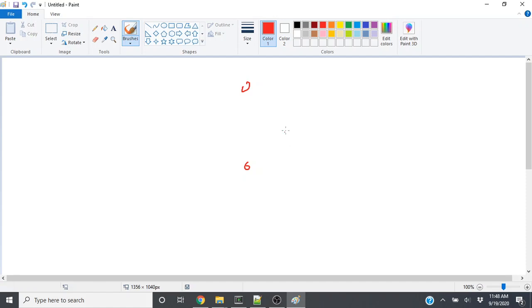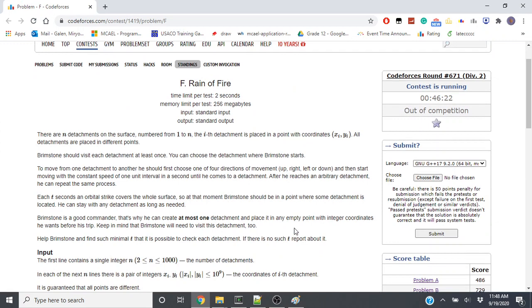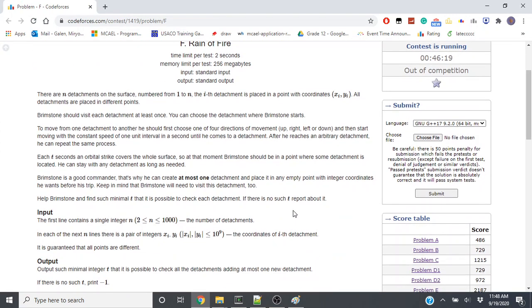So for example, the first sample is like this. It's a cross and everything is 100 apart. So the optimum place to put the t is here. Then the minimal spanning tree will be like this, and then that works. Right? Yeah. And then all these are 100, so at any point you can move 100 each. You can stay with any detachment as long as needed, and that's fine. So...